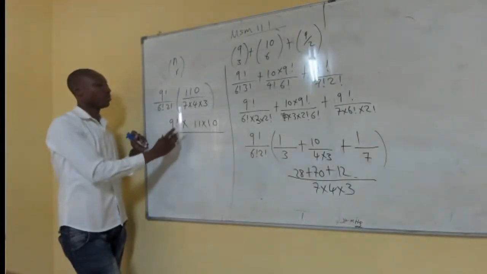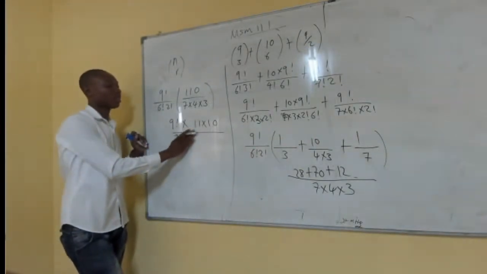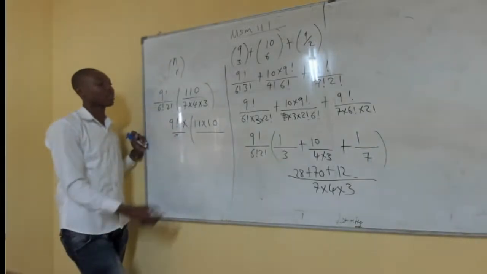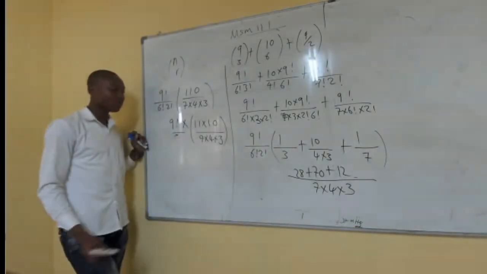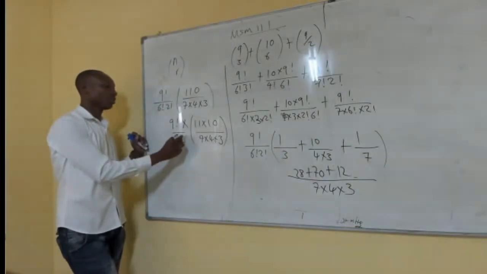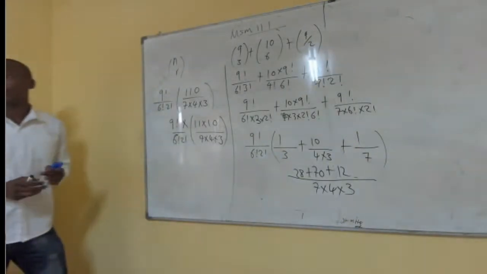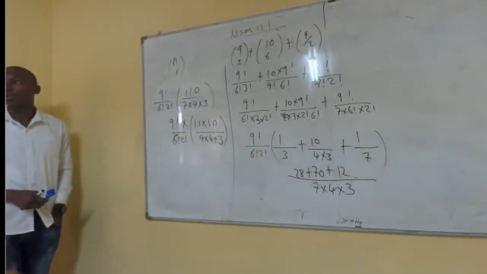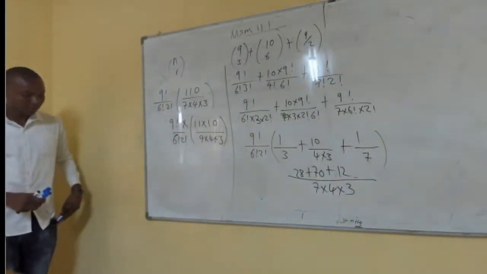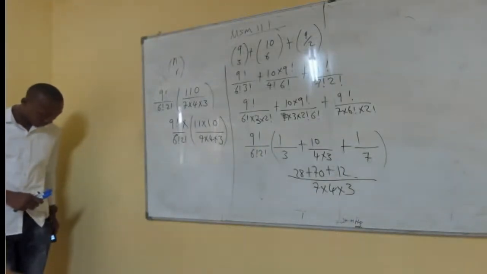So this we're going to maintain. Remember, this is 7, 10, then this is in brackets: 7 times 4 times 3. Then 6 factorial, 2 factorial. Okay? So you have 6 factorial, 2 factorial. Then from there, what we're now going to have is